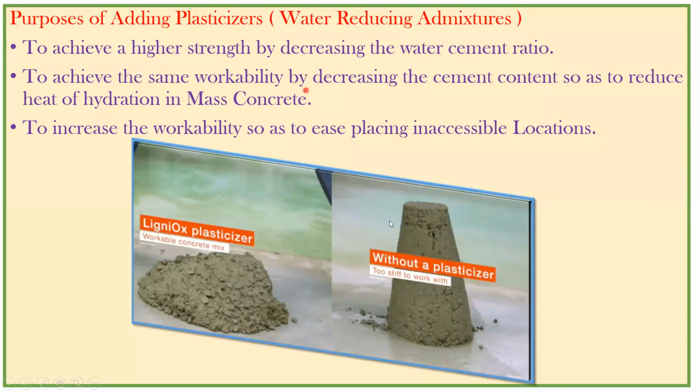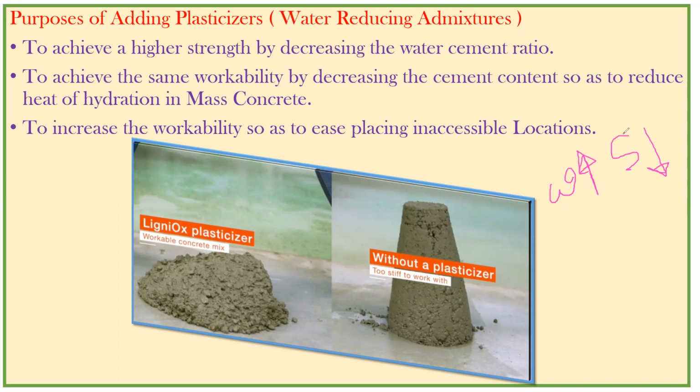So you can see with a very beautiful image here what will happen actually. So what is the purpose of adding plasticizer? First is to achieve higher strength by decreasing the water cement ratio. So actually what happens when adding more and more water in the concrete? If your water content increases in the cement, then the strength of the concrete is going to come down. But you want to achieve more strength, so this is not possible. If you want to increase the strength, then your water content should be less. If water content is less, then workability will not happen, your concrete will not be flowable, right? So in order to